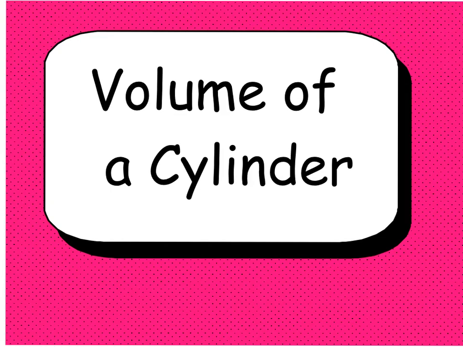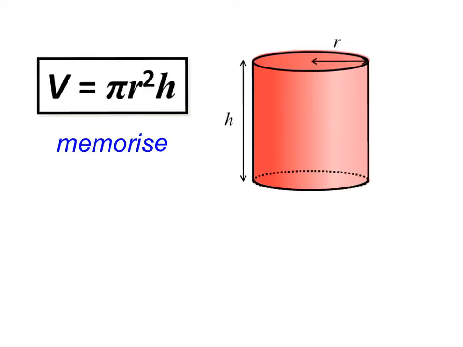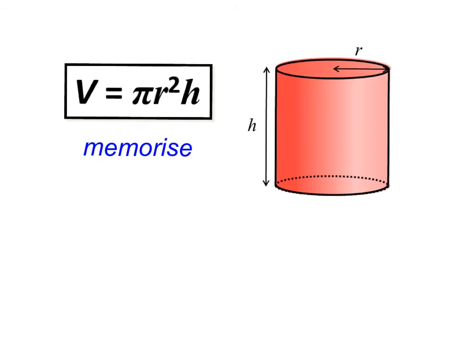Hi, so in this video I'm going to take you through the volume of a cylinder, okay? Now this is a formula for the volume of a cylinder. It is V equals pi r squared h. Now this isn't given to you in the exam paper, that's why I've written memorise underneath it for you, because